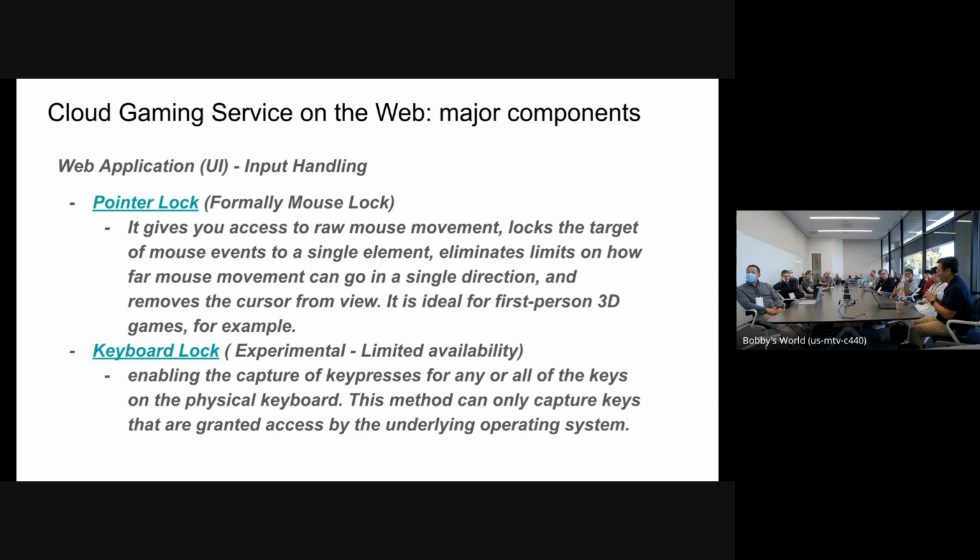So that is required. Also, we can add unadjusted pointer events by having the unadjusted mode on the pointer lock. So we can get rid of all the acceleration by the operating system, which we need. We just need the raw data of the pointer. That is the goal of the pointer lock API. Also, the keyboard lock API will be in a similar way.